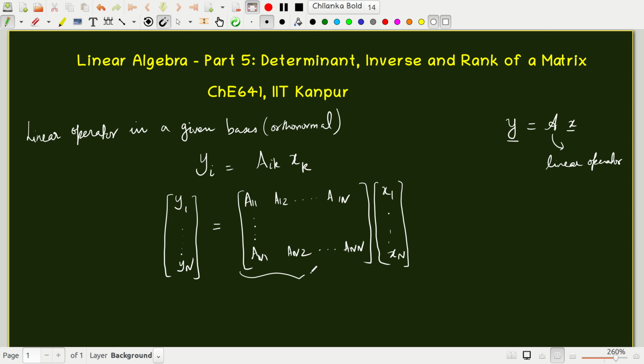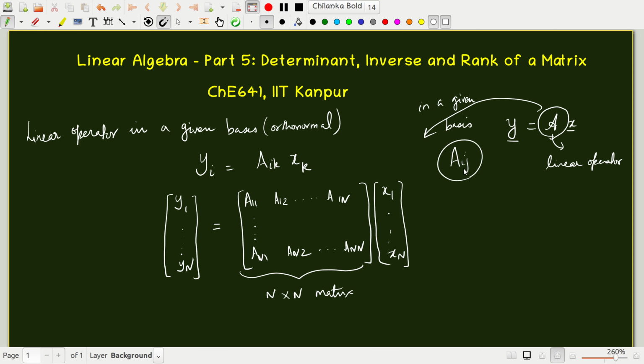Now this object is a matrix. This is specifically an n by n matrix. So now this linear operator, when expressed in a given basis, takes the form of a matrix a_ij. Now you can ask the question, what happens to the components of this matrix a11, a1n, an1 and so on up to ann? Do the components remain the same if you change the basis? No. The components change in general